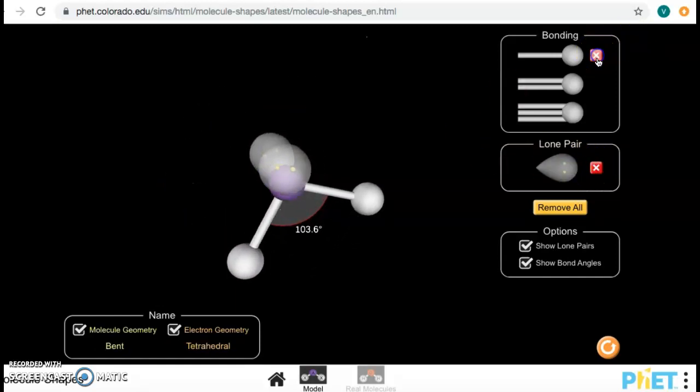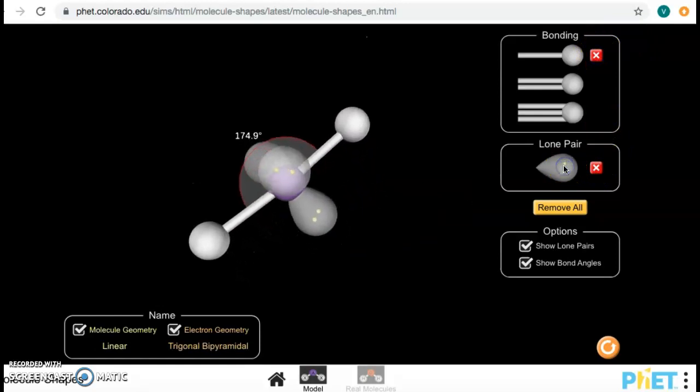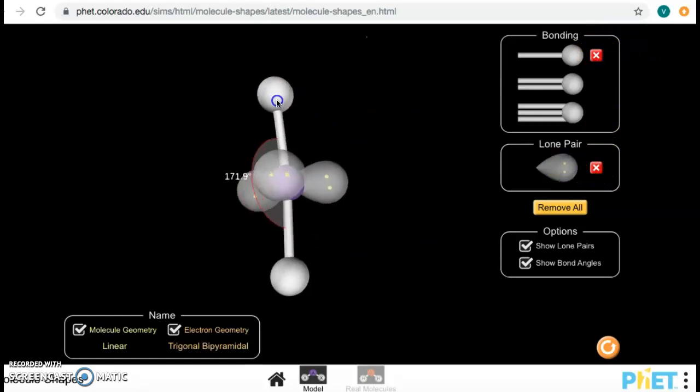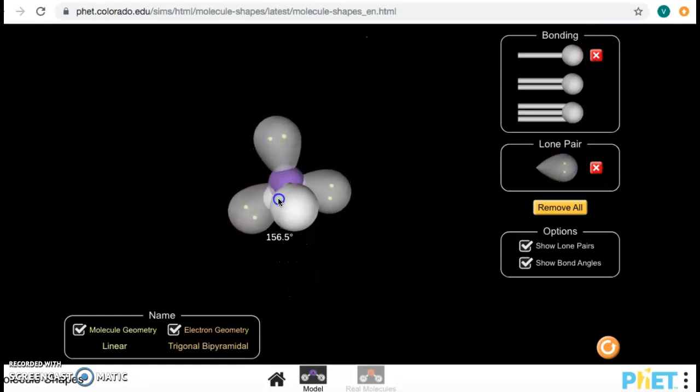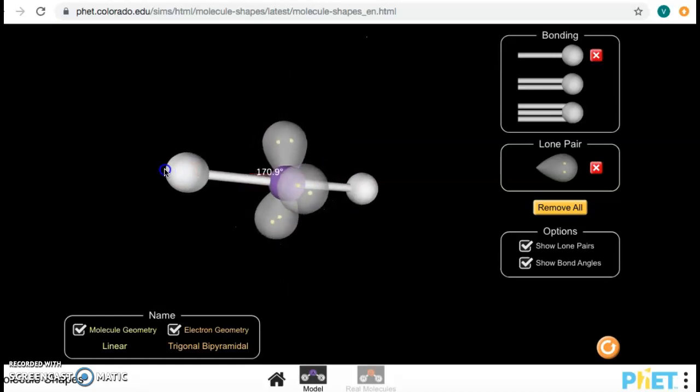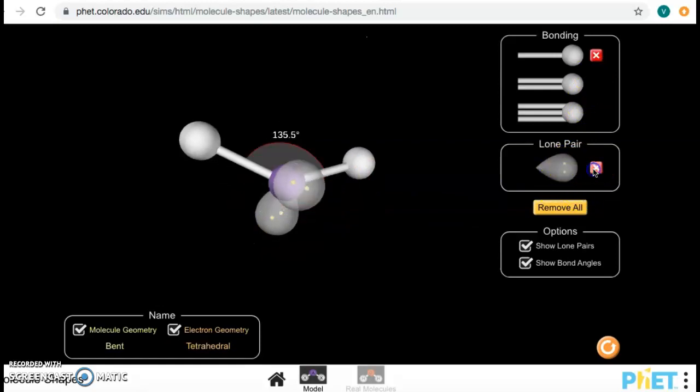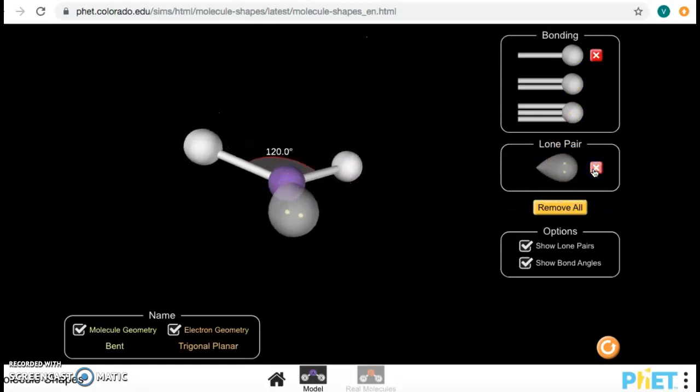If another lone pair is added, all 3 of the equatorial positions are now occupied by lone pairs, and we have a linear molecule. So back to linear. And this bond angle is 180. Okay, so if we remove these and go back,